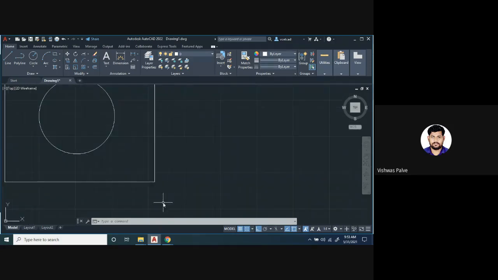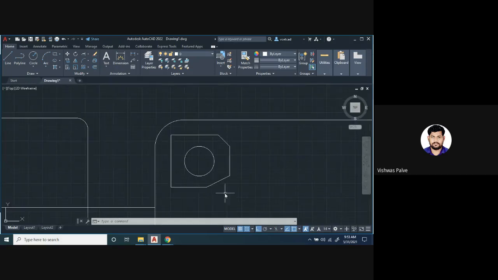Now I want here horizontal distance as 20 and vertical distance as 10. So how to give that? Select the chamfer option, press D enter. Then the first distance I will give 20, second distance I will give 10. First means whichever line you select first, that will be our first distance, and whichever line you select second, that will be our second distance. So first distance is 20. Second distance is 10. This was regarding the two different distances.